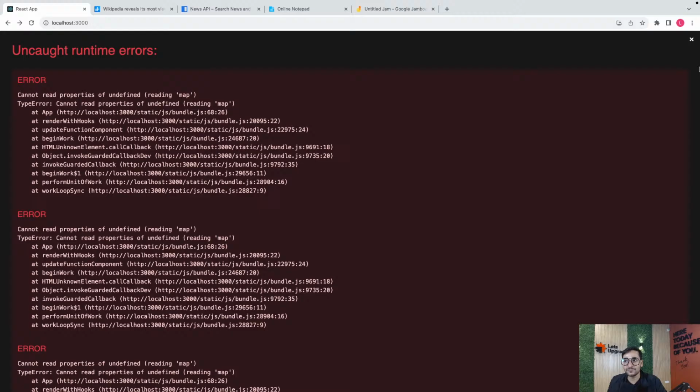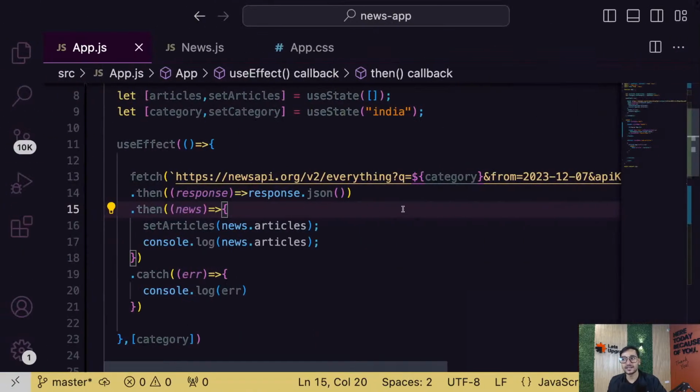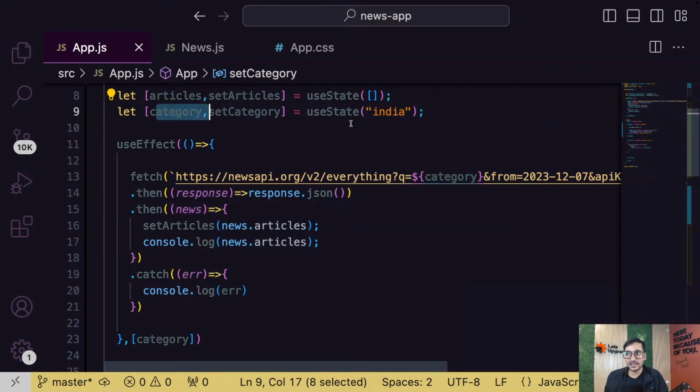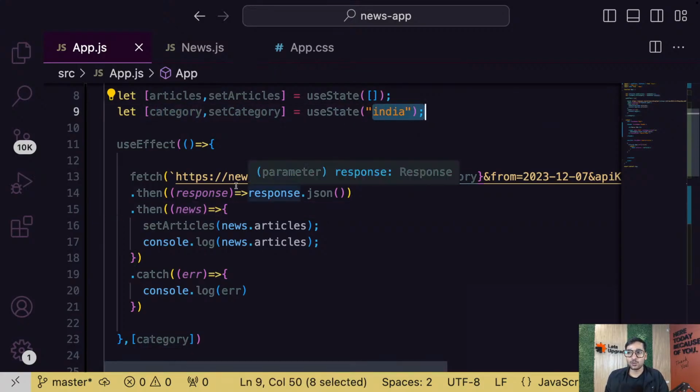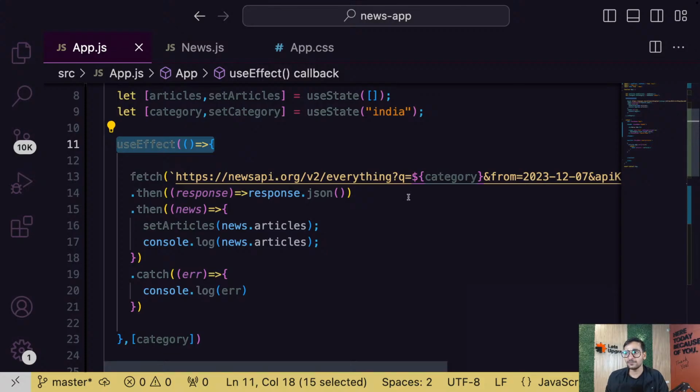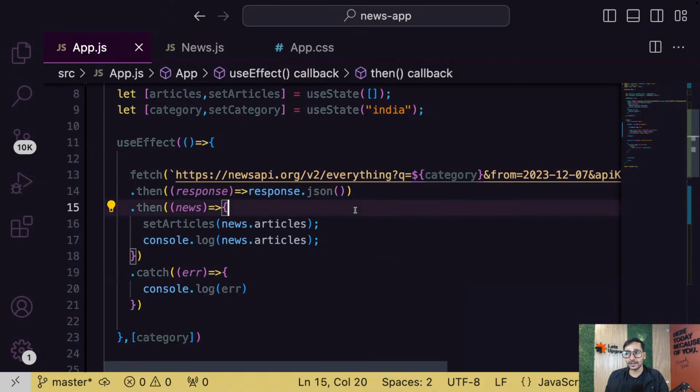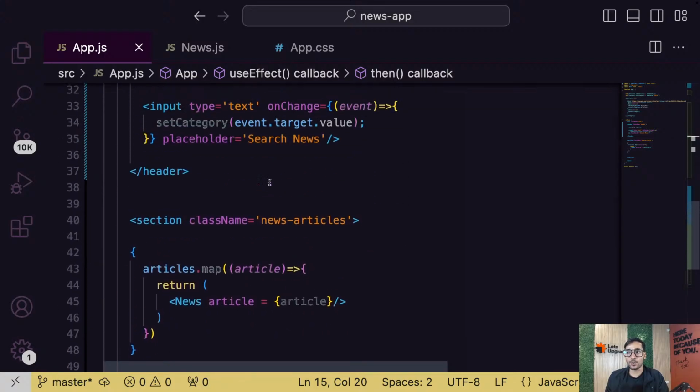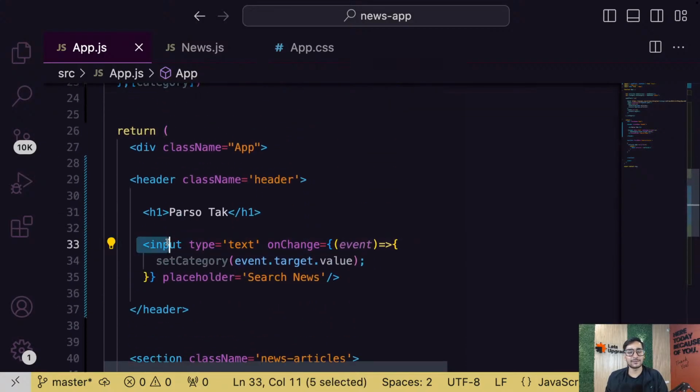But guys, first of all, is the searching logic understood? So initially our category variable is having India. So when this useEffect is called for the first time, it is fetching all the news related to India. Now when someone types in the text box, whatever they type, animal, Sam, whatever, I take that value and then I set it to category.